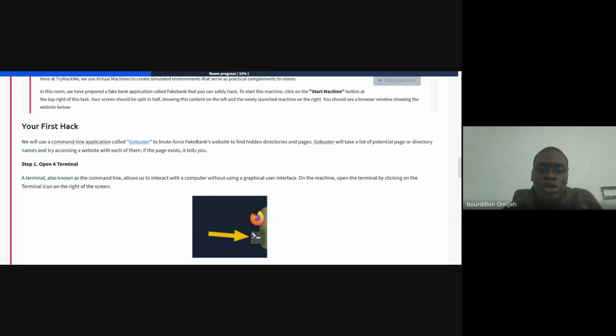Now, what they're telling you is that banks usually have hidden pages that, if you come as a normal user to the website, you will not be able to find. They are hidden. They're in what we call the deep web, not the dark web, the deep web, because there's the surface web, there's the deep web, and there's the dark web. The deep web is usually used by organizations like banks to hide their pages from the general public in such a way that it is still safe and is not in the dark web.